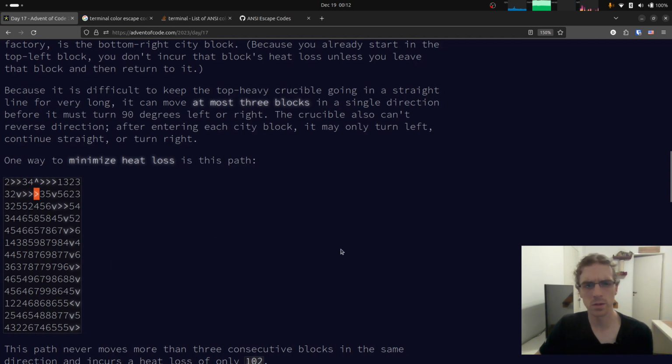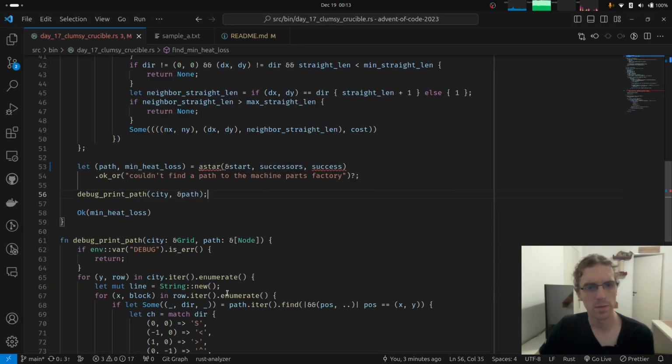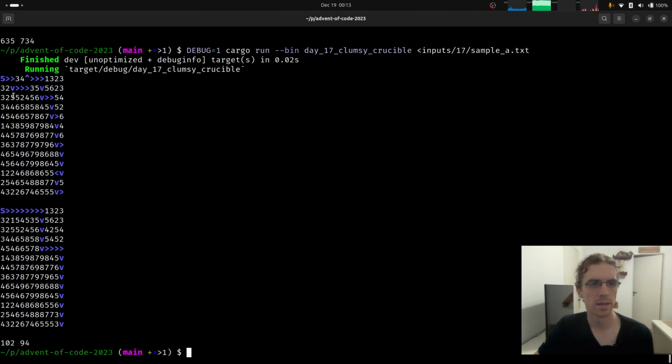We know that the answers to the samples are around 100, but for the actual input, the paths are not too long, yet it has probably explored a lot of things. When you turn around quite a lot, it has probably explored a lot of paths that don't make much sense, because you can see that this thing really wants to go to the end. That's what A star does: you can provide a heuristic function to say, okay, go in this direction.